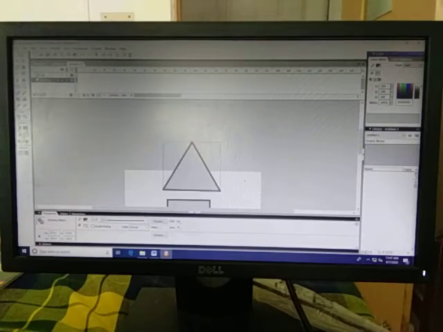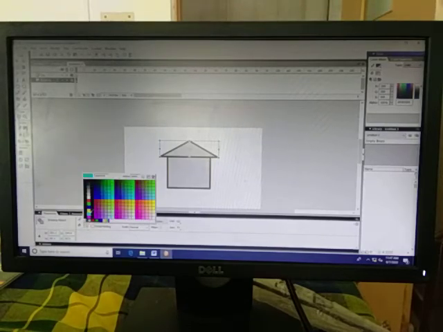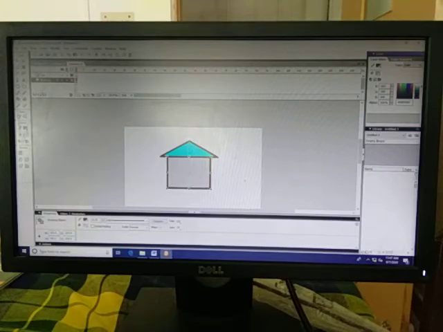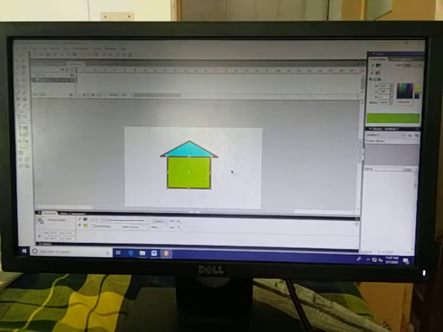If you want to make it shorter, you can make it shorter and keep it over here. If you want to change the color, you can change the color over here this way. Whatever color you need, you can change. Suppose this one. So your building is ready.